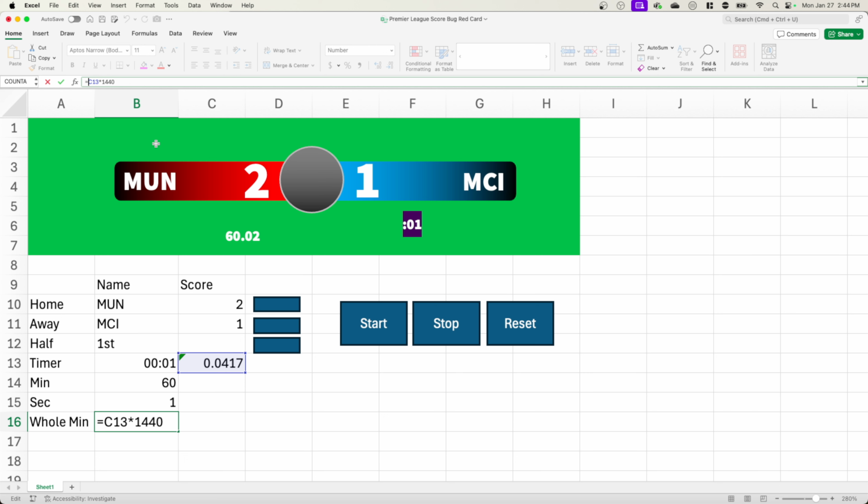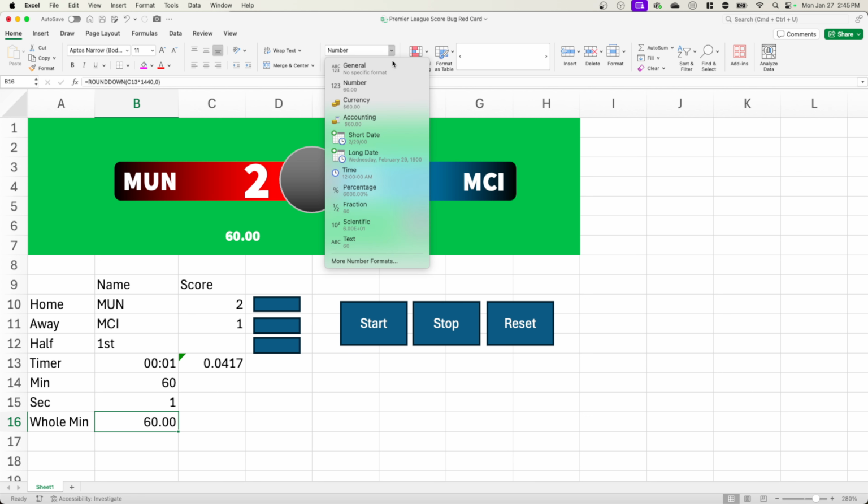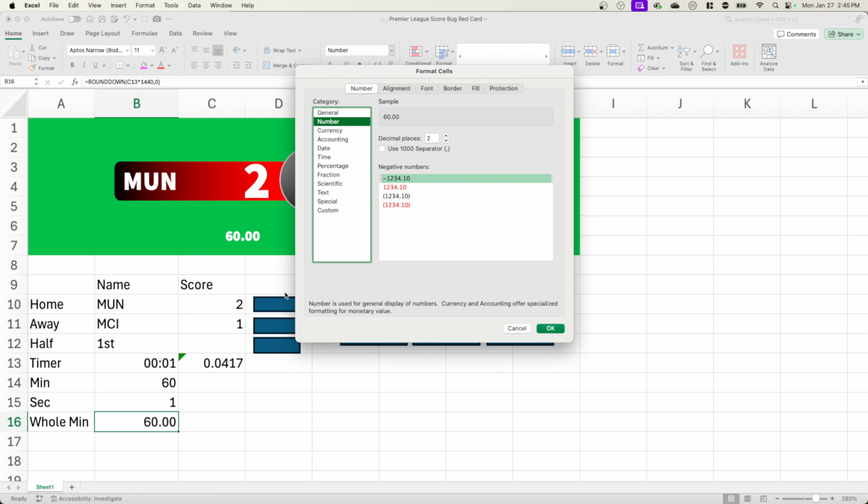So in the formula bar, we're going to go ROUNDDOWN, and it's still going to multiply those things, and then we hit a comma. Actually, hold on. So round down and then number of digits, and we're going to put a 0 here because we don't want any decimals. The decimals are still showing up just because we have the number format forced. So we go back to number format,